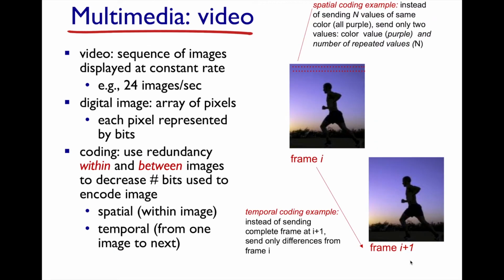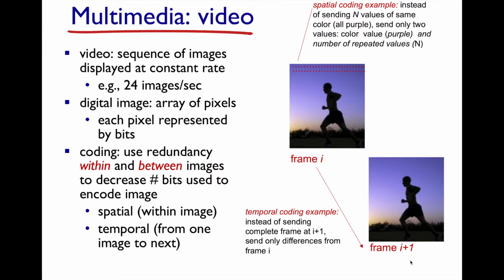Okay. So multimedia. Let's take a look at this data. And so multimedia consists of a set of images. That's what a video is. It's a sequence of images. And I mentioned 30 frames a second, but you might have some high definition video at 60 frames a second, not only just the resolution, but the sampling rate can be very, very fast. Now, certainly at 60 frames a second, that's a lot of data going back and forth. And so one of the things they try to do is encode this video so that they can efficiently depict this information from one image frame to the next in a very efficient manner.